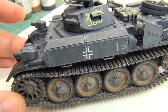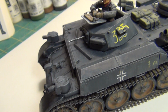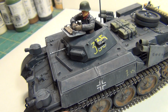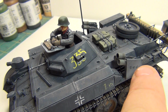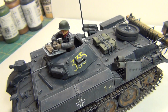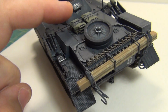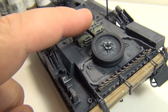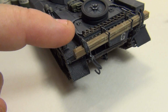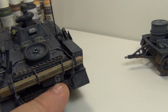But I don't want to talk down too much, fellas. This was an excellent kit as far as detail. Besides the flamethrowers here, inside these armored cabinets were the tanks that would supply the flamethrower. Here are smoke grenade launchers to launch out a smoke screen and everything. On the back here, it's got the extra gas racks right here, spare wheel. And it's got the tow cable here, an unditching beam, and spare tracks, and even a little locker right here